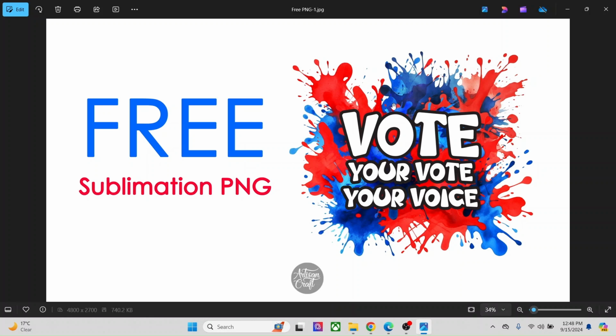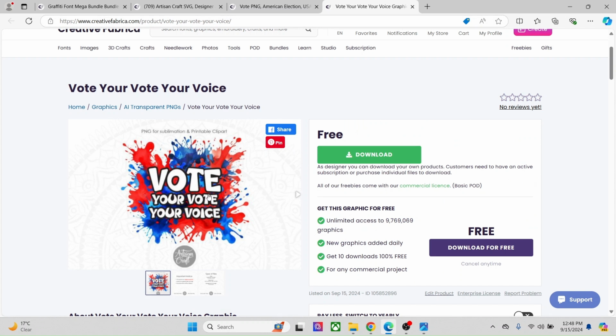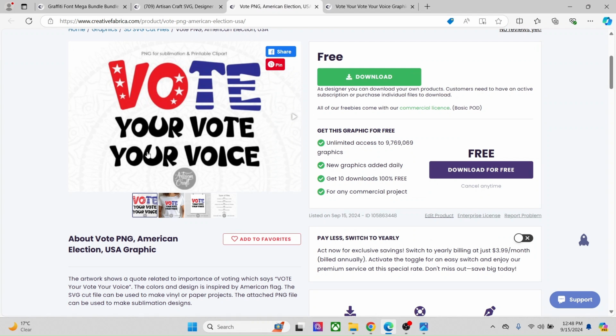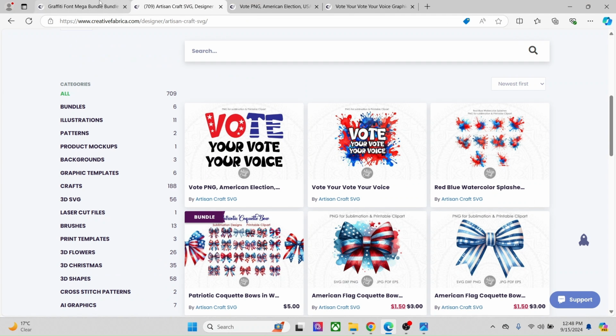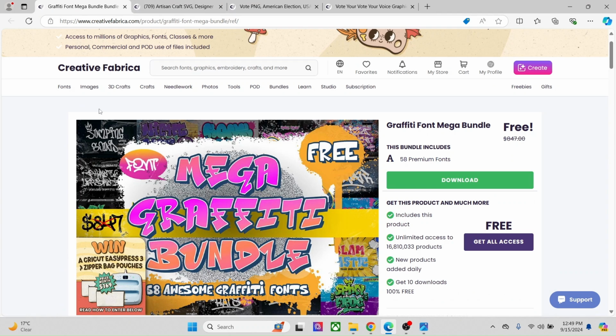So you can see I made this design and it is available for free in my Creative Fabrica shop, and an SVG design which is also free. So this says "vote your voice." So this is inspired from United States elections, and I used this Creative Fabrica's free Graffiti font mega bundle to